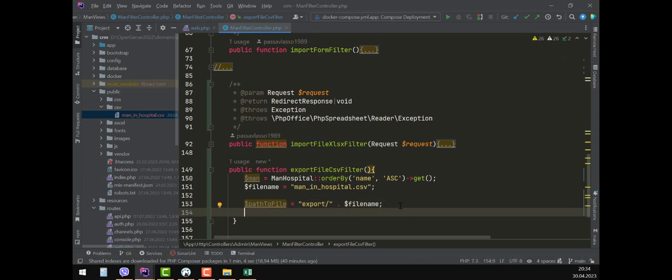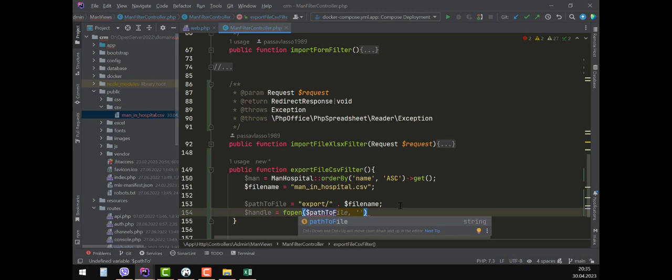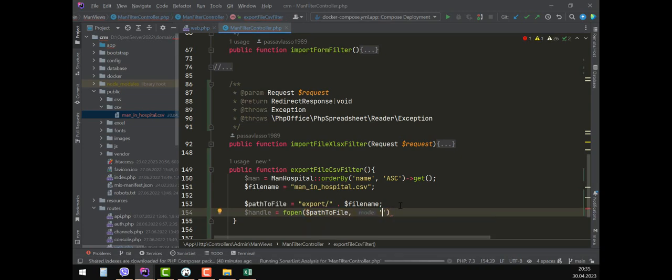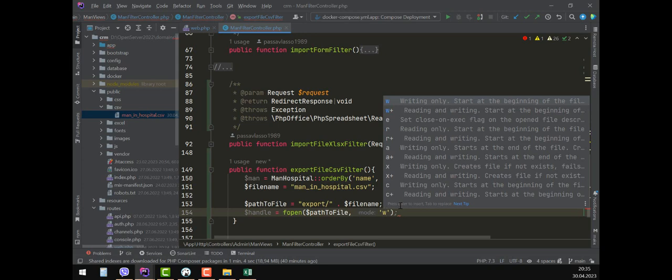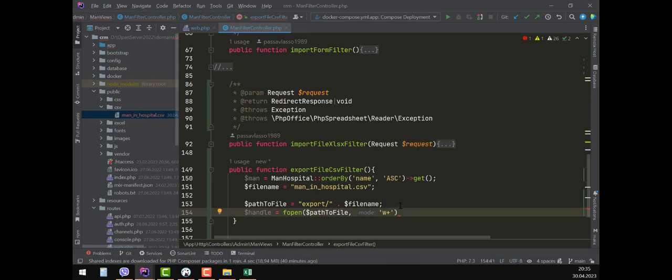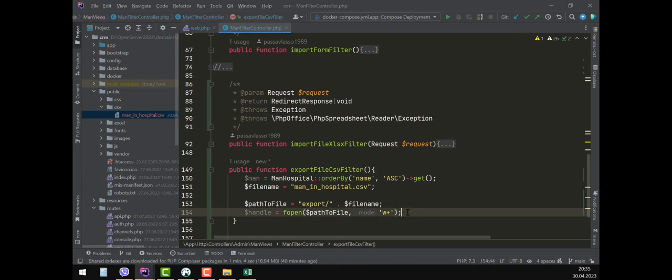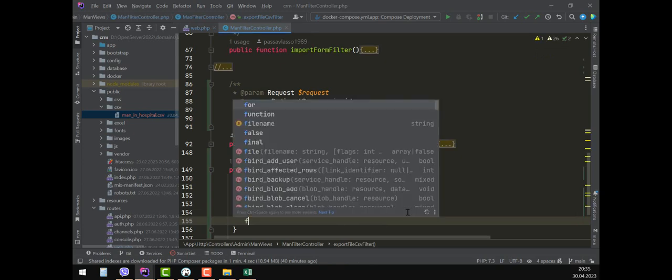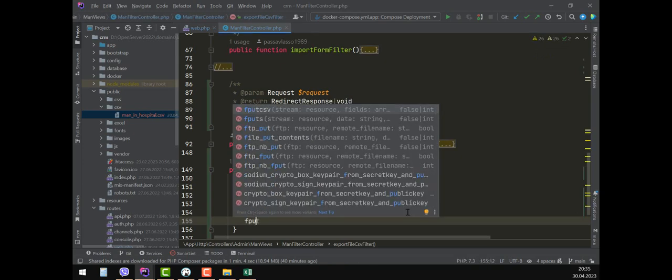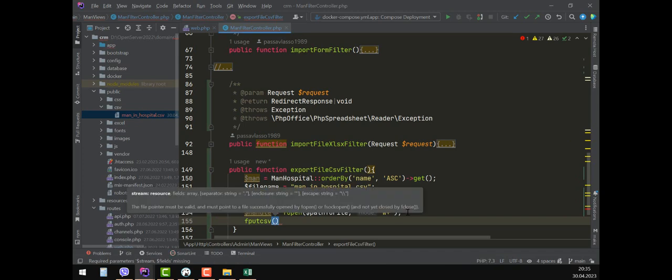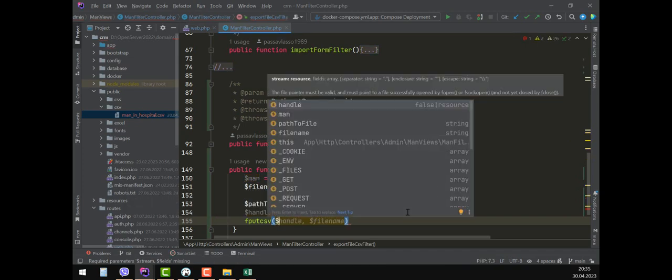So next we create handle, fopen, and path to file, our file. Okay, and we plus. Okay, f path CSV handle and